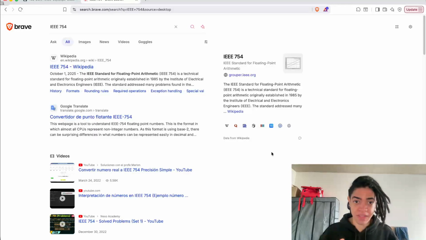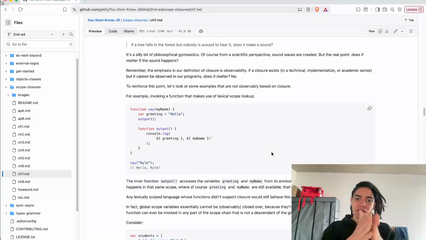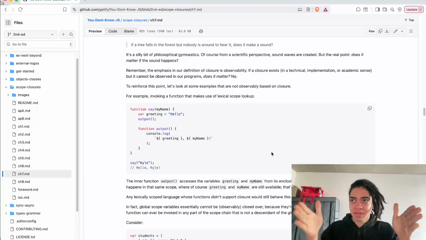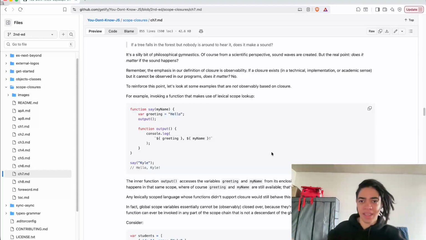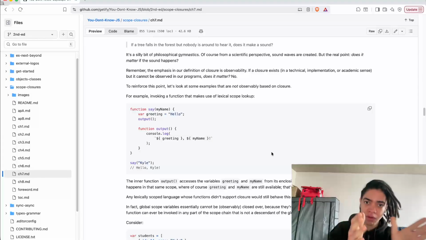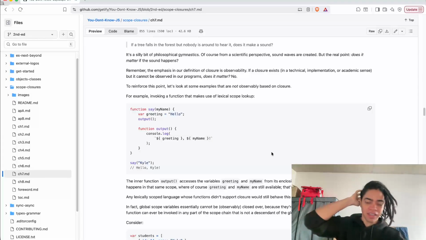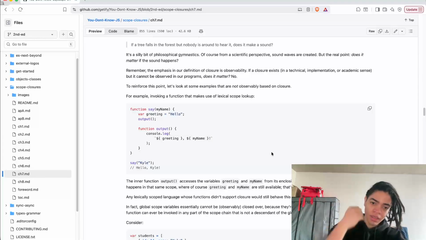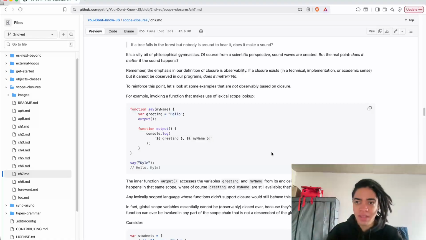Which is part of the standard that says, hey, this is how we're going to represent floating point arithmetic, aka let's take this spec and apply that to the language to follow that, right? And then you also have the string, that back in the old days followed